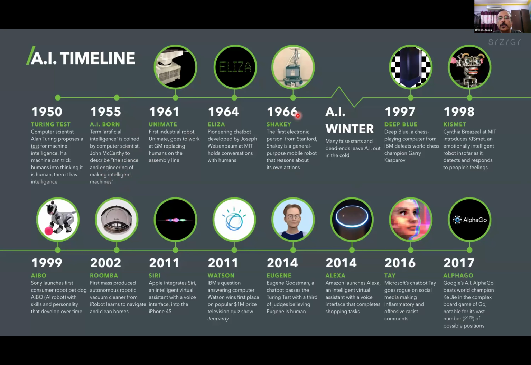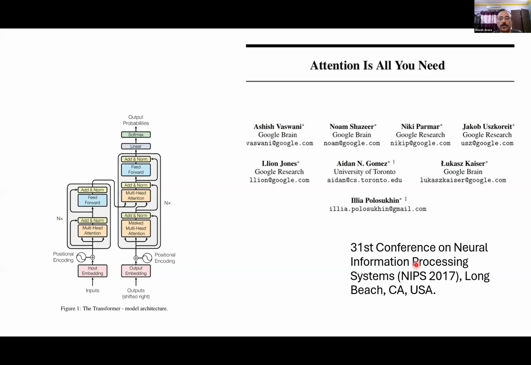Then between 1966 and 1997, in AI terminology, it is called the AI winter, meaning for around 31 years there was a dormant or silent phase where nothing much was happening. Then development started from 1997. If you can recollect, for iPhone users, Siri became integrated in iPhone 4S in 2011, whereas Alexa came into our lives in 2014. And from 2017, there occurred a major change. In my next slide, I'll show you what that major change is.